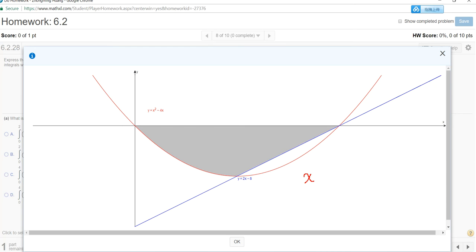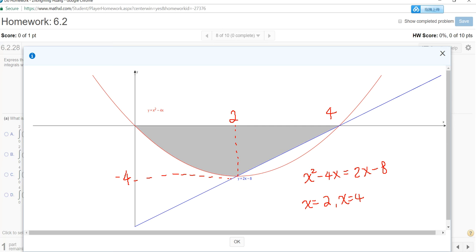So I'm going to quickly set up the equation, set these two equal, and I'll give you some room to solve this, but it turns out x equals 2 and x equals 4 in the problem that I have. So in other words, the intersection here, the x is 2, and the intersection here, the x is 4. When x is 2, the y value here, you can plug into the equation, so this would be negative